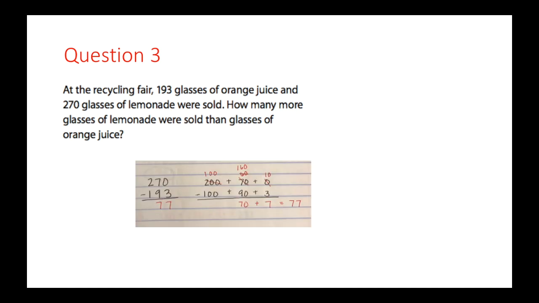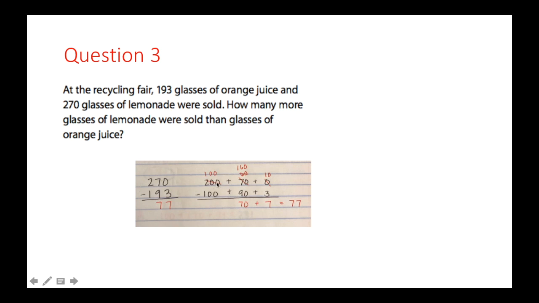And so for this problem, I use the break apart strategy. You could have also used the open number line or add to subtract if you wanted to, but I was just trying something different. So let's take a look at this problem here. What I did is I broke apart the 200, the 70, and the 0, and the 100, the 90, and the 3. And noticing pretty quickly that I couldn't subtract 3 from 0 and I couldn't take away 90 from 70. So I really had to go over to my 200